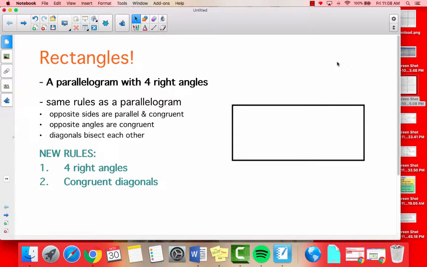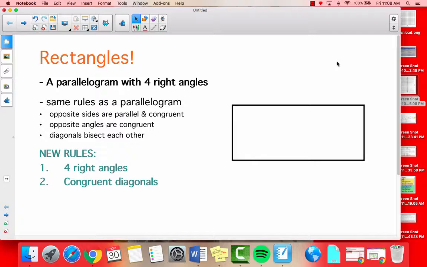Hi guys, today let's focus on rectangles. In this chapter we've been focusing on parallelograms and their rules, and now we're going to be getting into more specific quadrilaterals. Rectangles, the biggest thing you need to know is that it's a parallelogram with four right angles, so